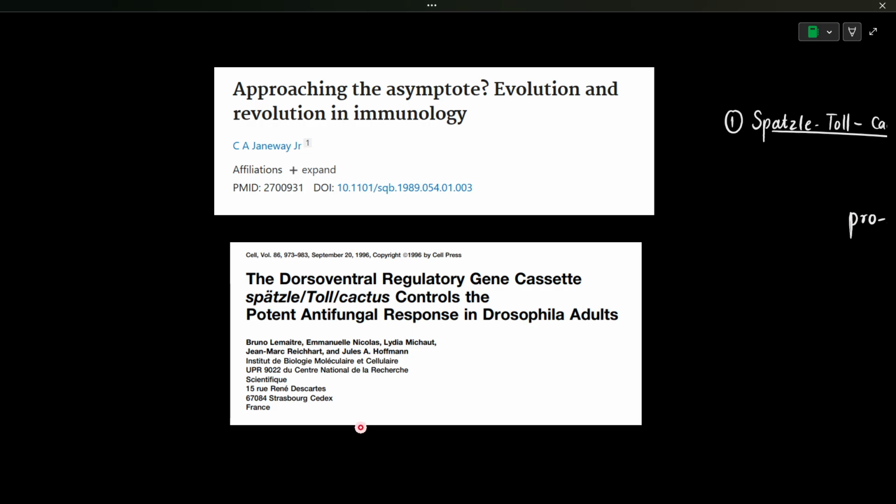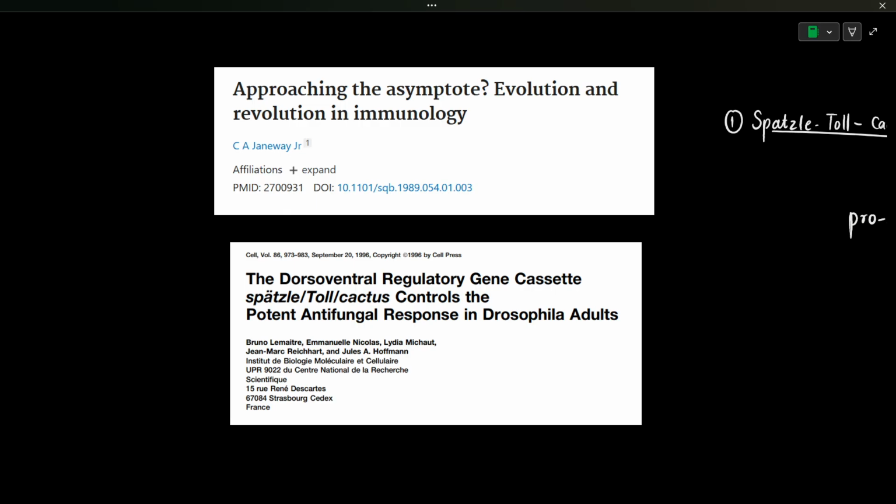This was a groundbreaking discovery, and Toll's role in immunity was so influential that Jules Hoffmann and the other researcher, Bruce Beutler, I'm not sure about the pronunciation, so pardon me for that, shared a Nobel Prize in 2011 in physiology or medicine. The other researcher discovered TLR4 in mammals. In Drosophila, the Toll pathway is usually paralleled by the IMD pathway, which primarily targets